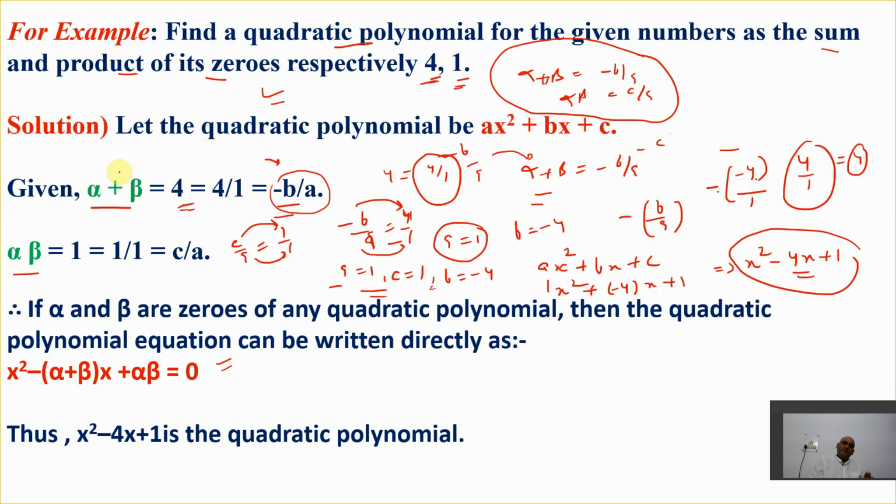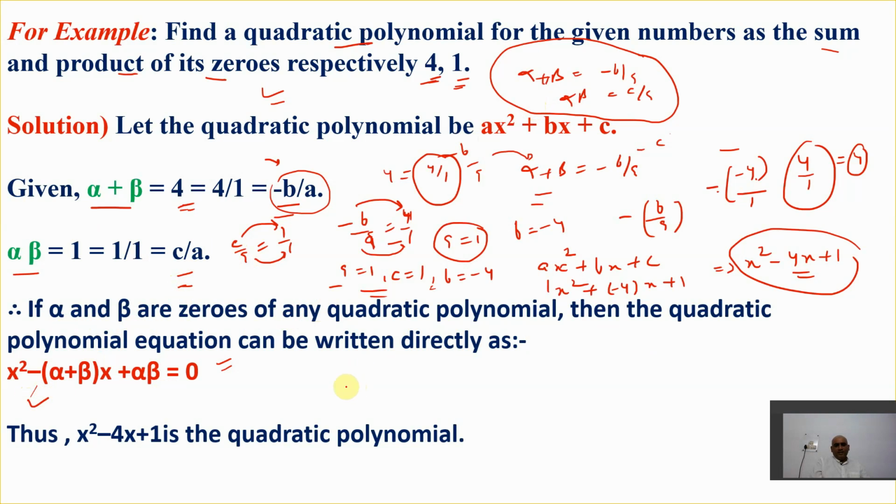So this I have found with the help of that particular relation which we have studied just now, the relationship between a zero and a coefficient of a polynomial, right? Now, if I don't want to use this coefficient part, no problem, then also I'll get it. How? Here I've written this. If alpha and beta are the zeros of the equation, then the quadratic polynomial can be written like this.